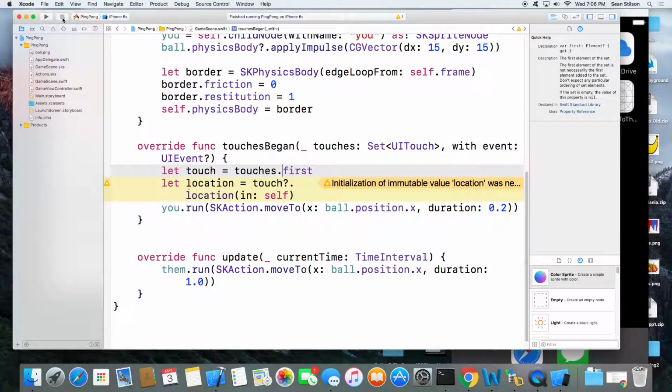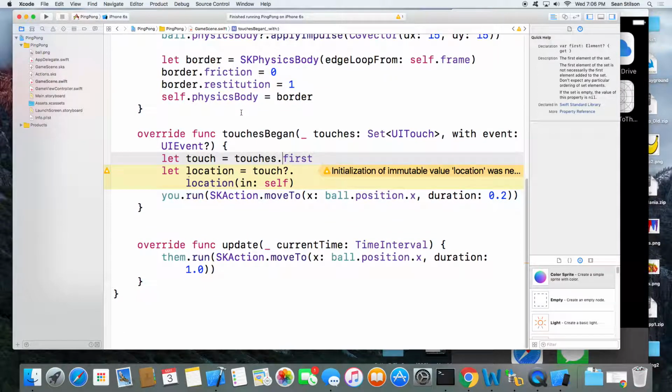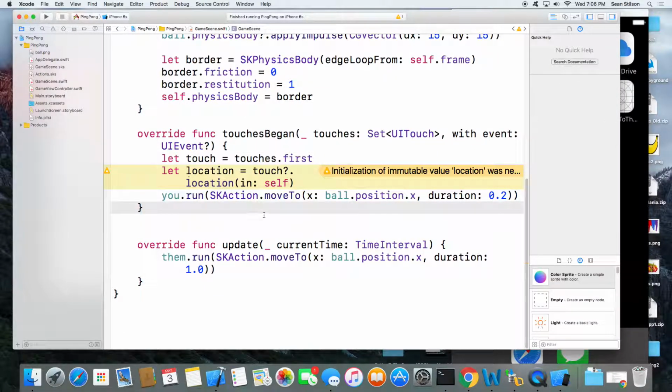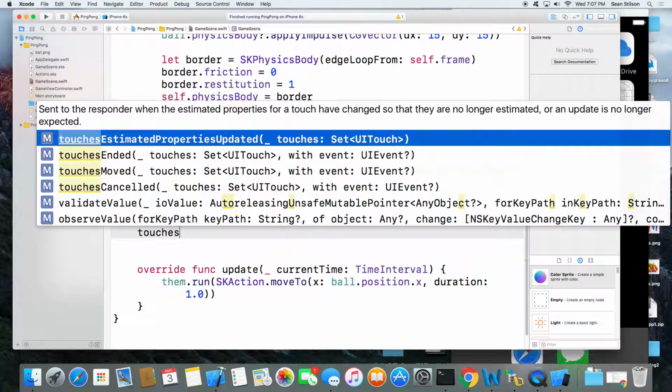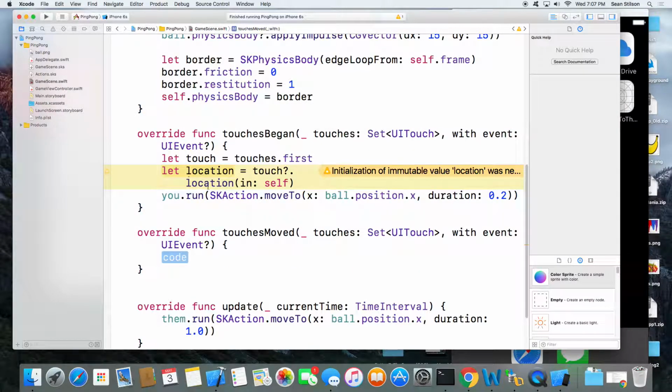All right, so we have some minimal defenses set up now. But the way the game's actually played is you move your finger back and forth on the screen, and it moves with the movement of the finger. All we have right now is the ability to tap and have it move. So now we'll code in the touchesMoved, and we can do the same thing in there.